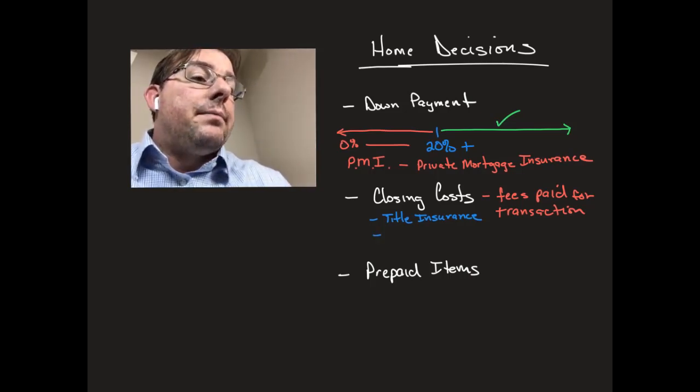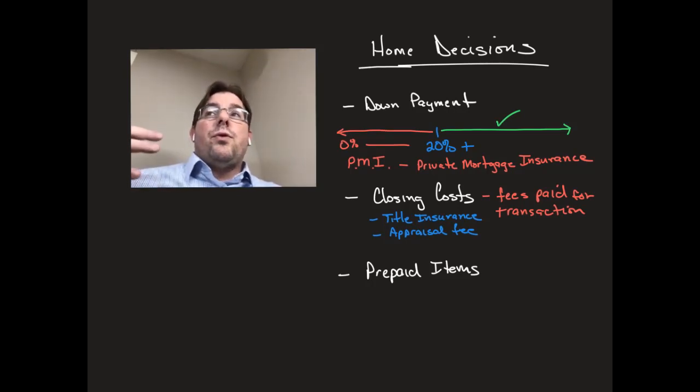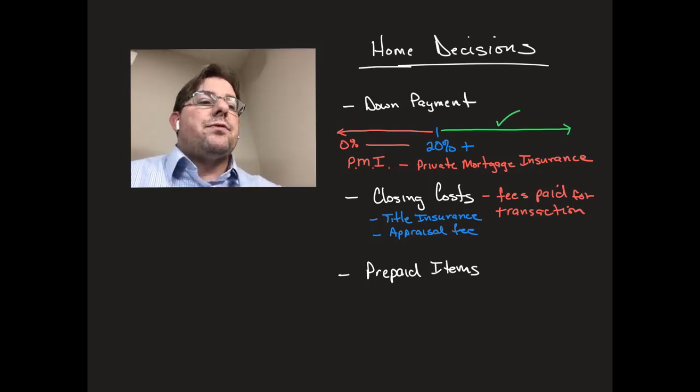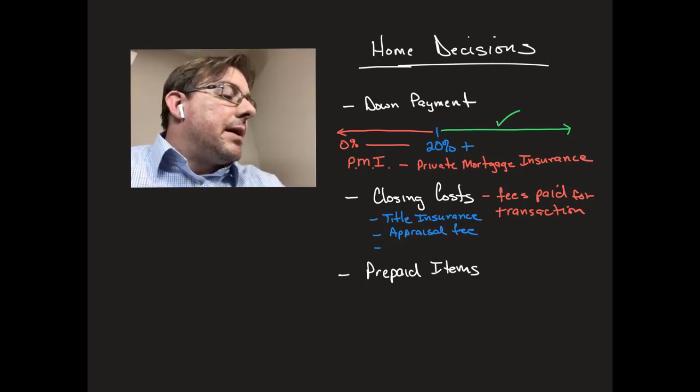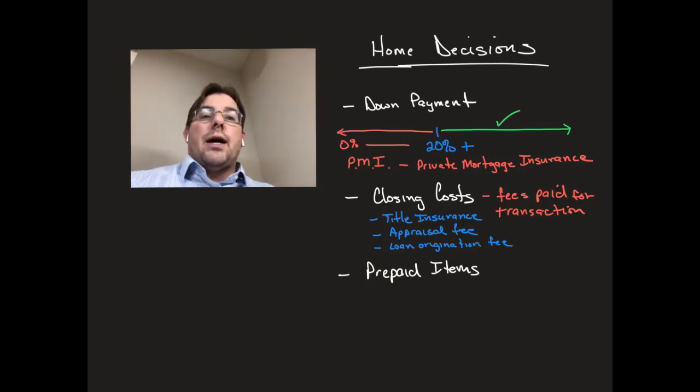You also have, let's say, your appraisal fee on your house. When you go and get a loan, the bank is going to hire an appraiser. An appraiser is going to come out to the home. They're going to not so much inspect it, but they're going to see what has been done to the home, and they're going to do a comparison, an appraisal, using other properties to determine its value, and that's for the bank. You may also have things like the loan origination fee, right? The bank may charge a fee to put all of the loan documents together.